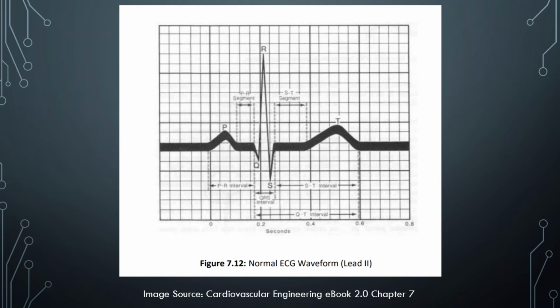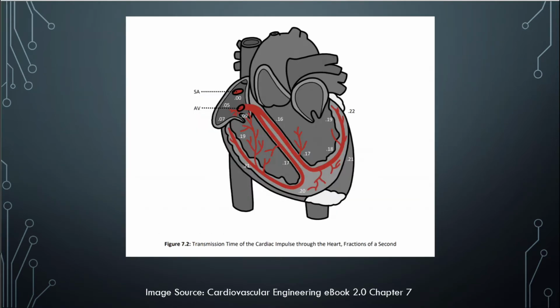Talking about how the concept of ECG connects to congestive heart failure. On the screen, we can see a normal ECG waveform. This occurs when the electrical signal is able to move through the body smoothly without any complications. In patients that suffer from congestive heart failure, the electrical signal gets interrupted and the timing of the electric current